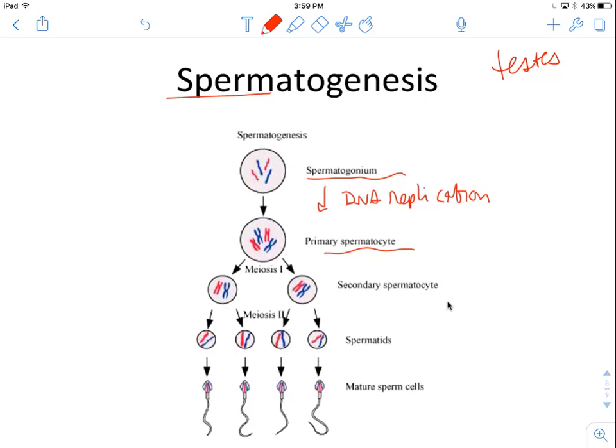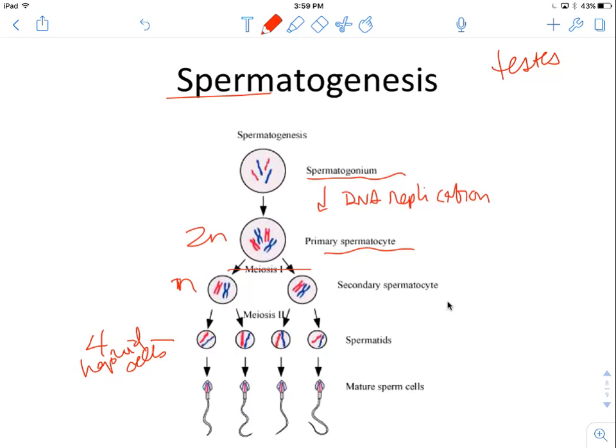The spermatocyte undergoes meiosis. Meiosis 1, again, reduces the number of chromosomes. We go from 2N to N, diploid to haploid, okay? And then meiosis 2, we separate the chromatids to get our 4 haploid cells,